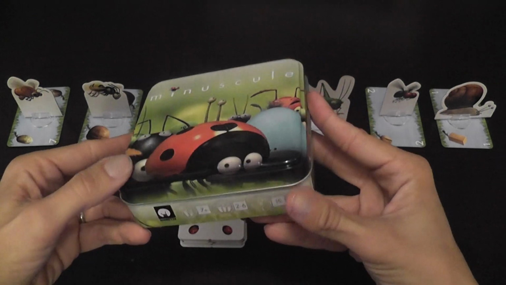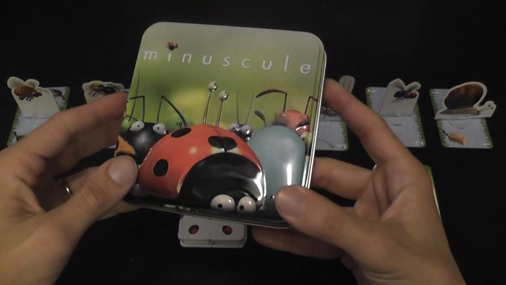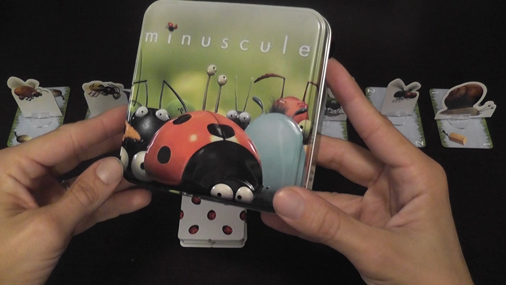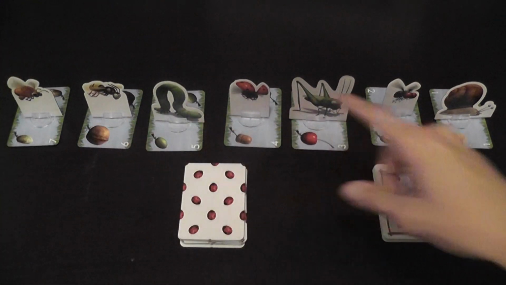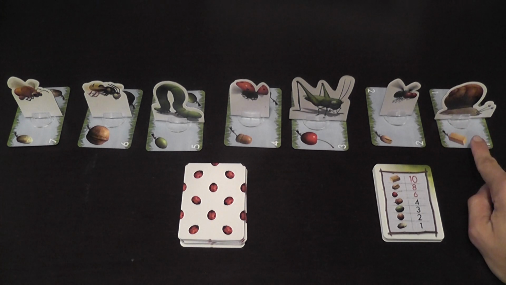Minuscule. It is a very small game, as the name says. It's a small box, a tin box, very nice looking, with little bugs on the cover. And the game is, in fact, a game about bugs. It is technically a race game where bugs are trying to sit as close as possible to this card here,